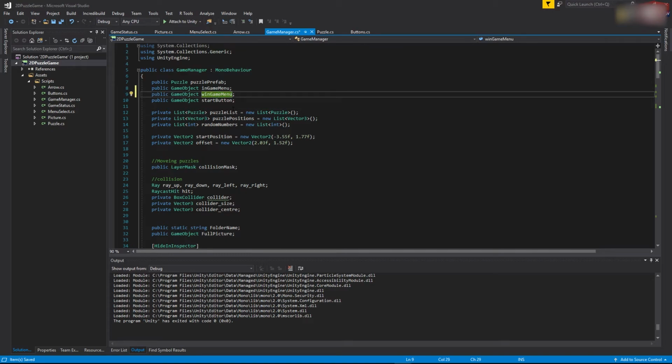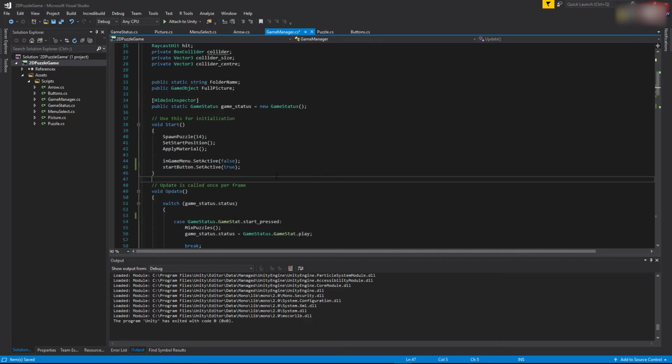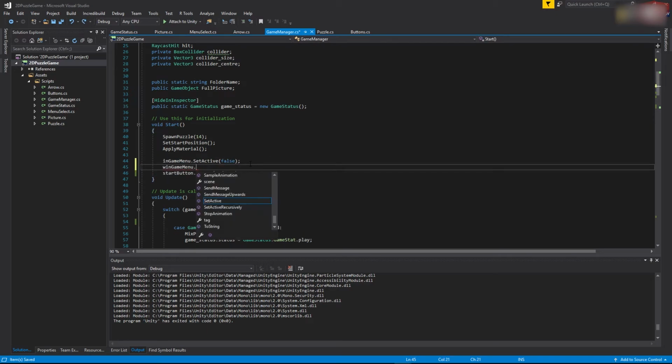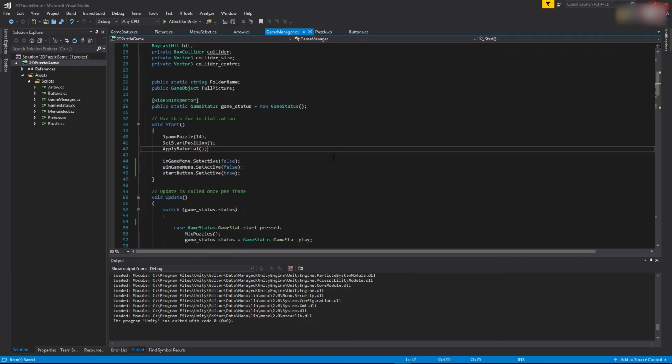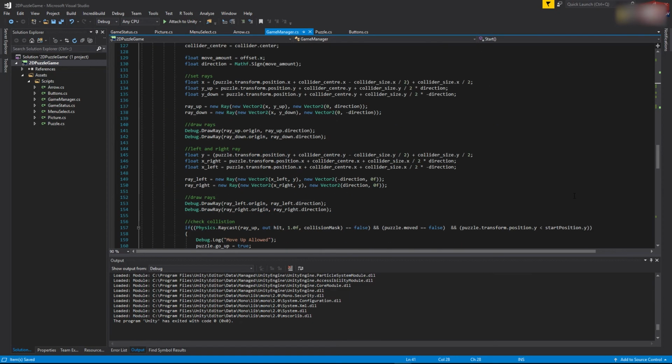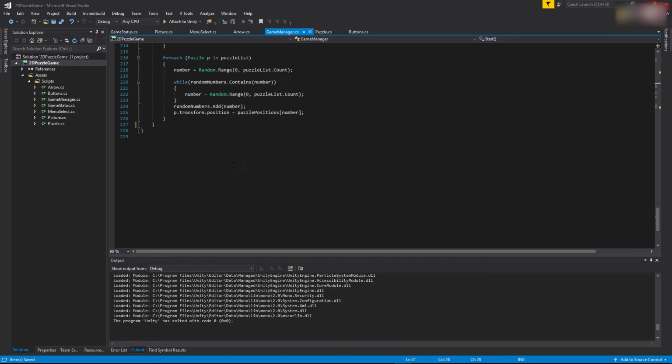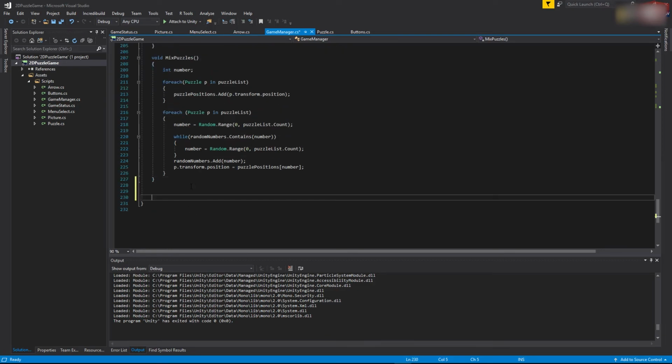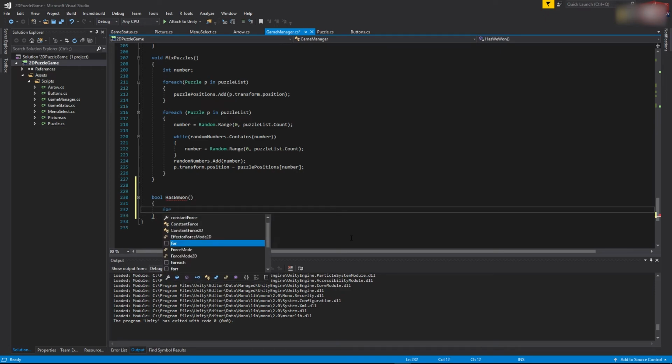Okay, right at the beginning of the game, we want to set this win game menu to be disabled. In the start function, set active, set to false. Then we want to actually check for the win. I will scroll down right to the bottom and create another function, bool HasWon. I will use the foreach loop for each puzzle